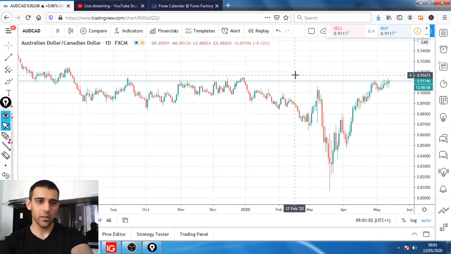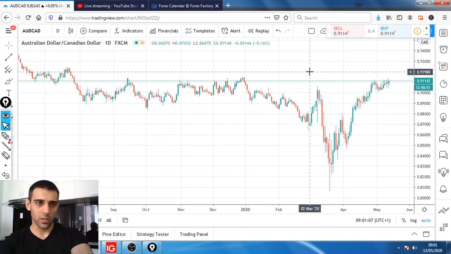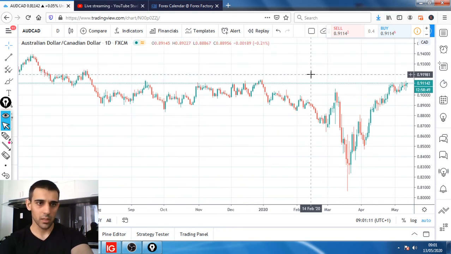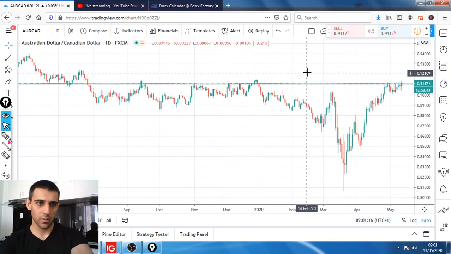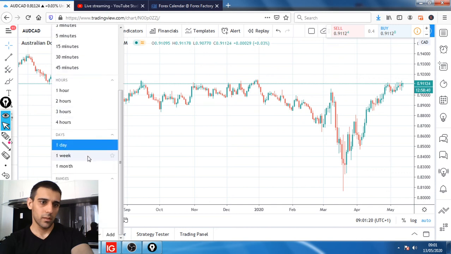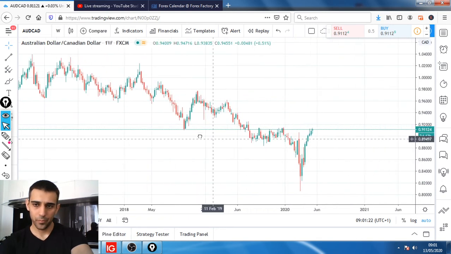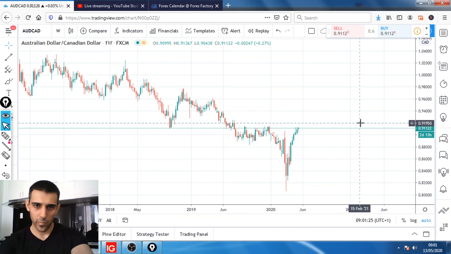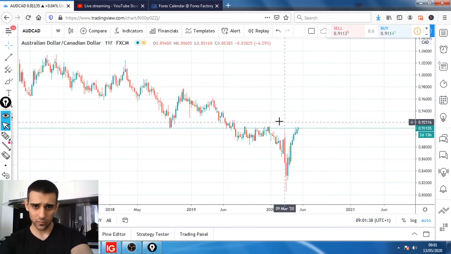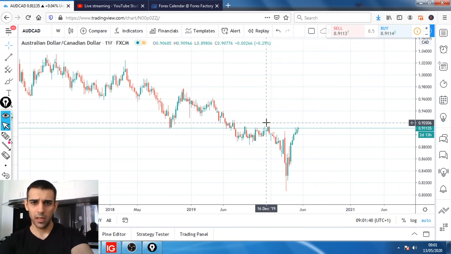So if I would wait personally, then I would target most likely that weekly high. Just let me have a look at the daily time frames. 91.90 could be another potential here. Go to weekly. Yeah, in this case, if I would have bought that area, then I would have targeted the 91.95, which is up to this level.